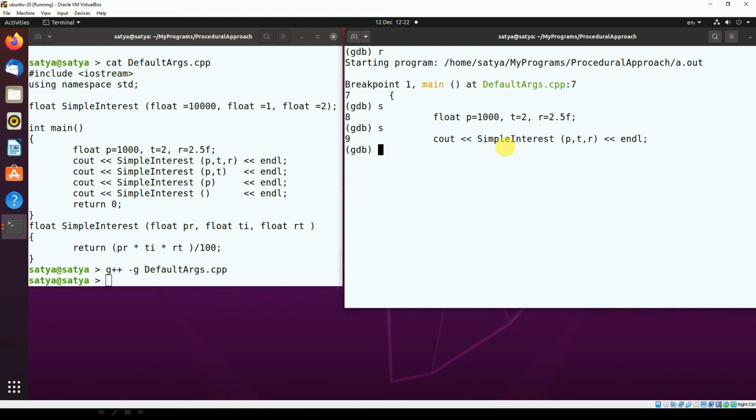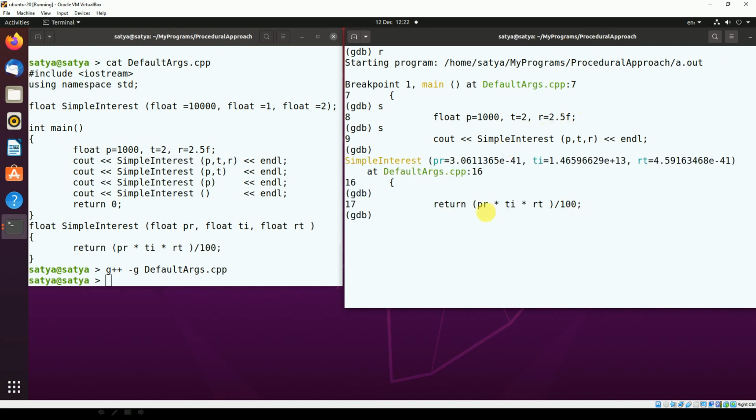Okay, cout simple interest PTR. So I am passing 1000, 2, 2.5. Now we'll see what values are passed to the function. Now the function call is there. So P value 1000, T value 2, R value 2.5. We'll see whether it is passing the same values or not. Print PR.